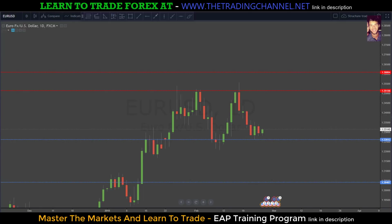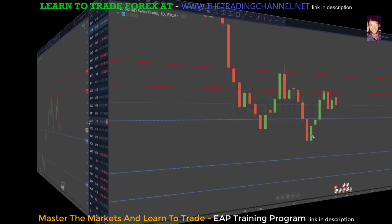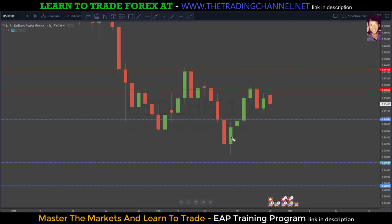Our next pair today is going to be the dollar Swiss. Last week on this dollar Swiss pair, we were waiting on 2 different things. We wanted to see another candle close below this level at 0.9295. And unfortunately, the market pushed up above that level, did not close back below it. But this gave us an opportunity around the 0.9385 level, which is the next level we pointed out last week